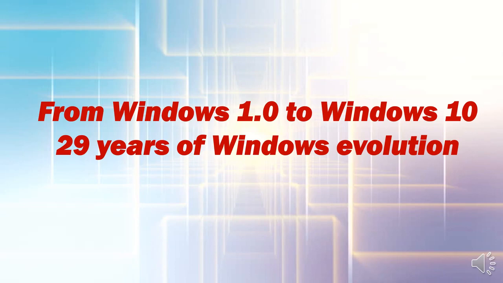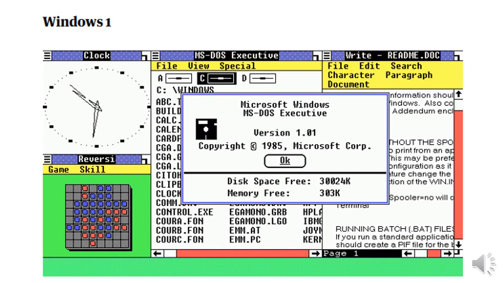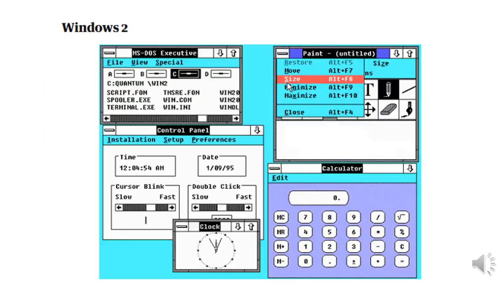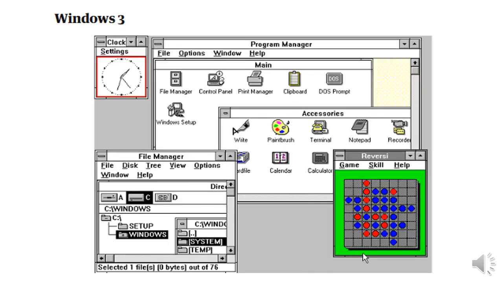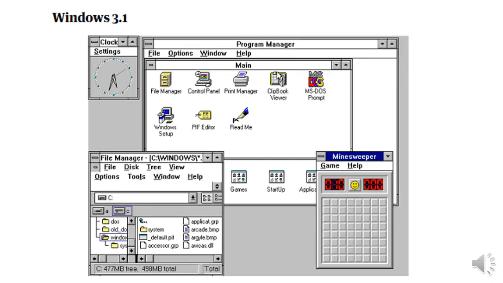Before we move on to the application software, let us see how the Windows operating system has changed in the last 30 years. This was the first operating system interface, Microsoft Windows 1.0. This one is Windows 2.0. Then came Windows 3.0.